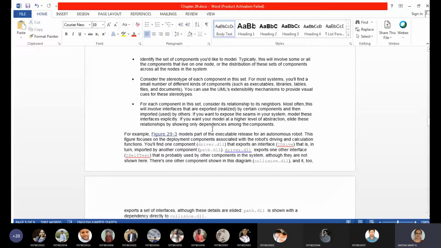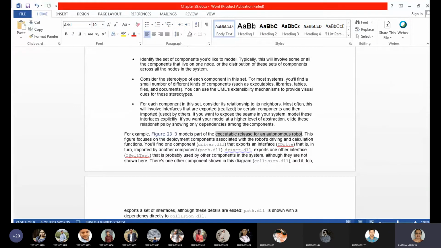So here we are considering the example of an executable release for an autonomous robot. We are going to focus on the deployment component. Deployment means runtime. So during deployment, when that robot has to be implemented, it shows its execution part.